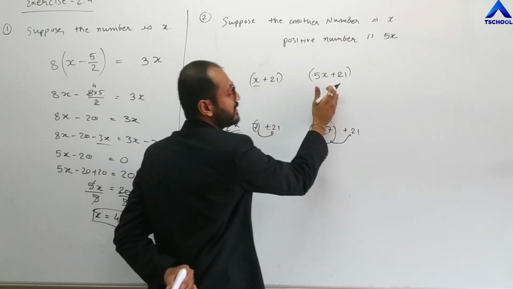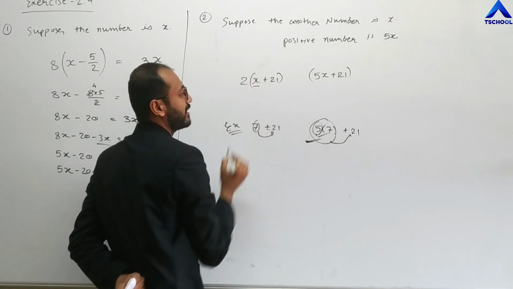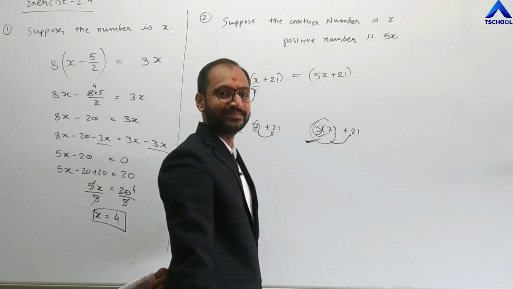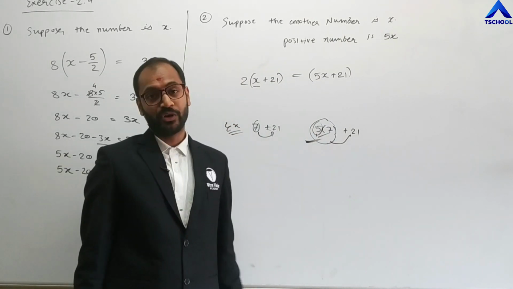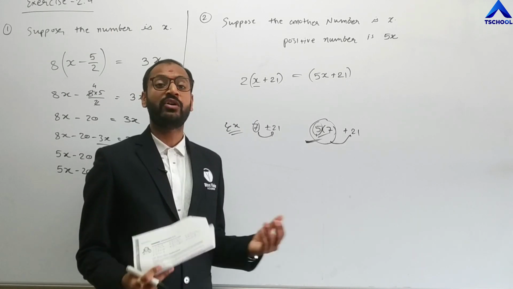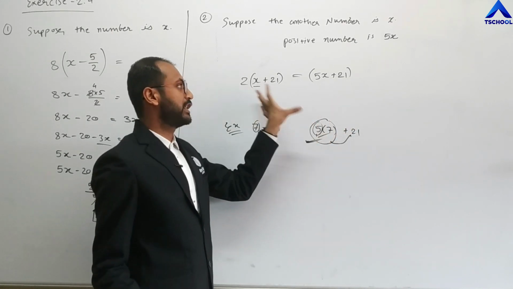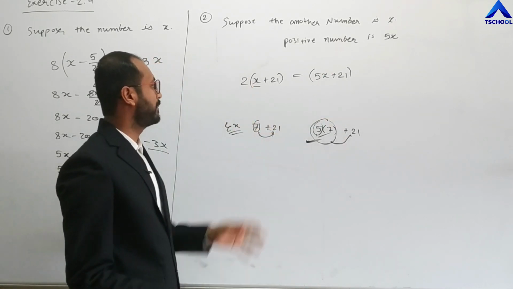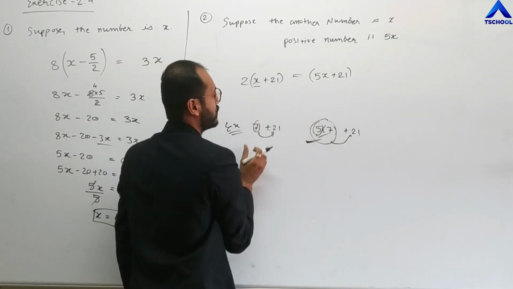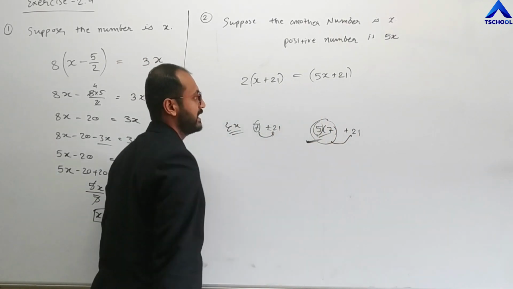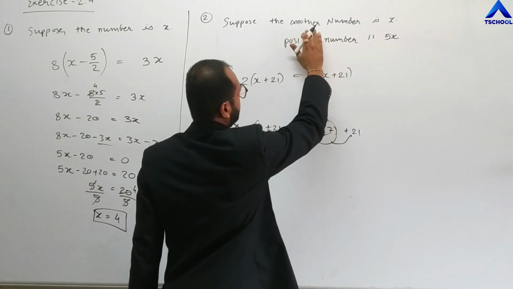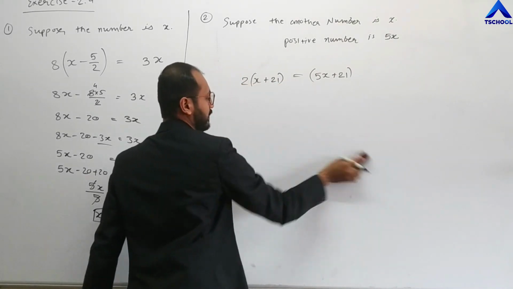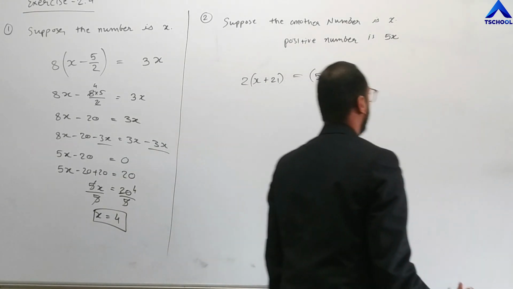So how can we equate these two? By multiplying by 2 here. If I multiply by 2 here, both numbers become equal. Clear? According to the question, one number is twice the other, but we don't know which one. So by taking this assumption, we get that this number is twice this one. So by multiplying by 2 here, now we can equate these two, and this is an equation. By solving this equation, we get the value of x. That is the other number and the positive number. So we can obtain both numbers. Clear? So simply solve this equation and get the answer.